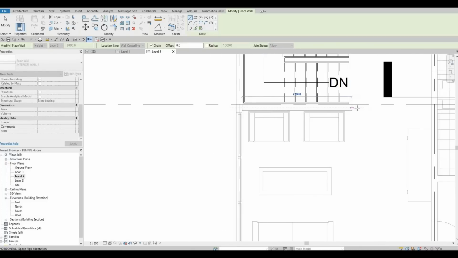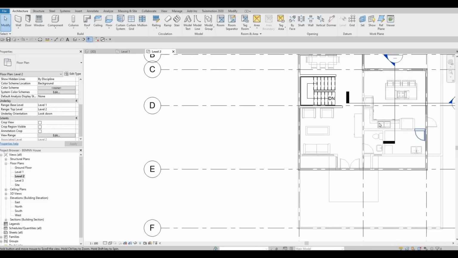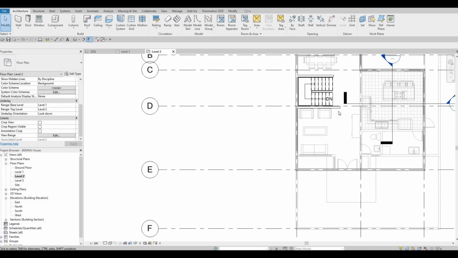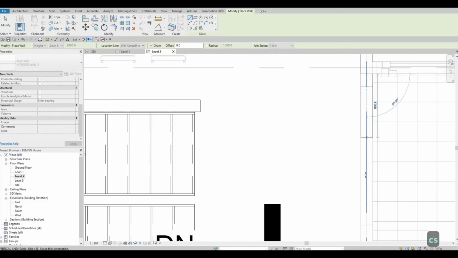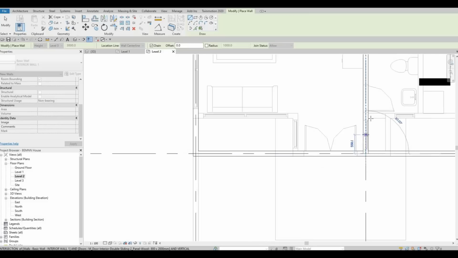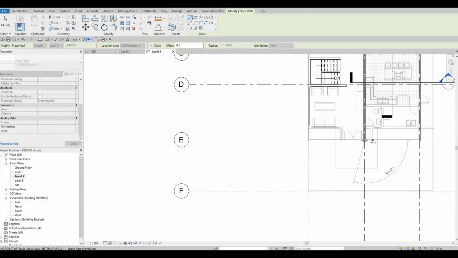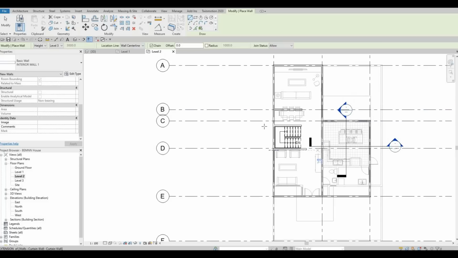So for me, I'm estimating it right now, and then we're going to add a wall right here. So CS, we're going to connect it from this wall, from the exterior wall to the other exterior wall on this side. So that's added right there. And then in terms of the separation,